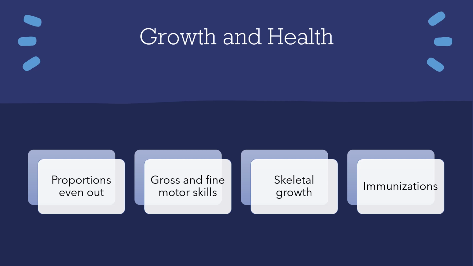Some health issues are really important during this time. One is immunization. Most people start getting immunizations even as an infant, but they need to continue through childhood. For certain ones, you need booster shots and things like that. This number might even be higher than when I pulled this statistic, but at least 17% of preschoolers lack immunizations when they get into the preschool setting. So even though immunizations are very important, there's still a pretty large gap in the number of people getting those.